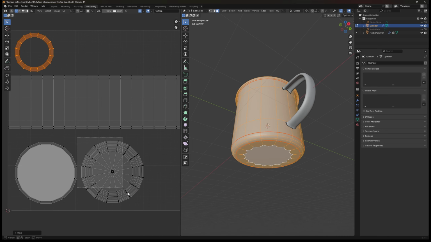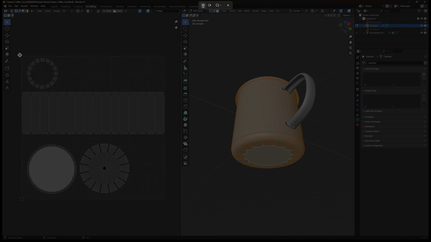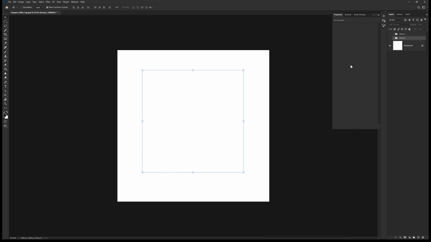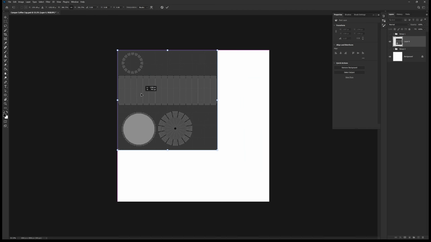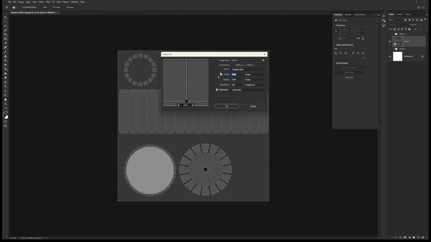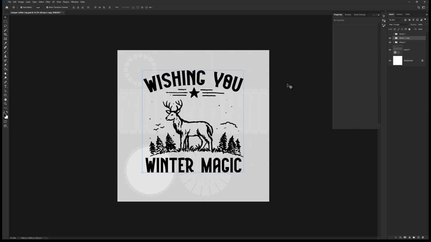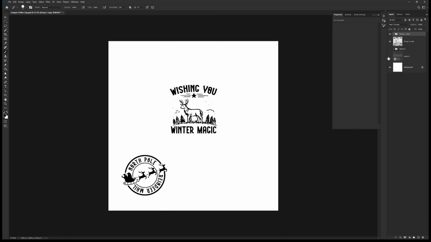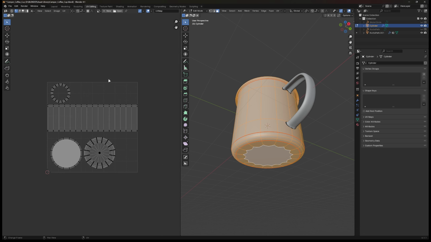Now screenshot the UV map. I use Windows, so Windows Shift+S to screenshot it. Move to Adobe Photoshop and paste the screenshot there and place it as square as possible. Oh, I forgot about the image size. For the texture resolution, I use 4K here. Then you just place your design on the UV map. Lastly, hide the UV screenshot and save the file as PSD, PNG or JPEG. But here I use PSD because it's simpler than the others.